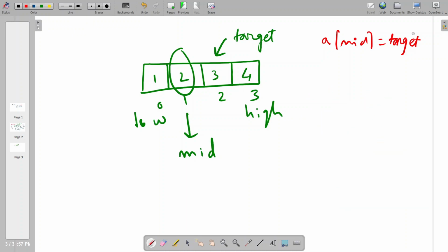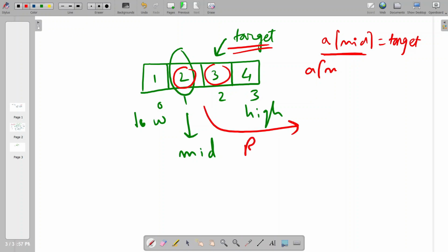Right, we resume. If you thought that, okay, let us deal with the values. The values have a significance, right? This is 2, this is 3, and we know the values. Array of mid is the value, so we have access to the value. So why not compare with the values? If array of mid, that means here 2, is less than our target, which is 3 here, that means my answer will be somewhere towards the right hand side, right? My answer is towards the right hand side of 2. It can never be on the left hand side. This is the intuition that we derive.